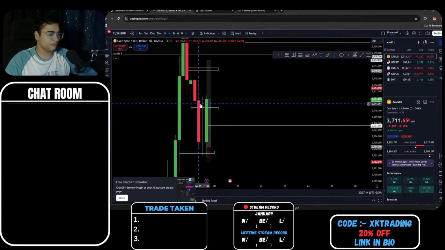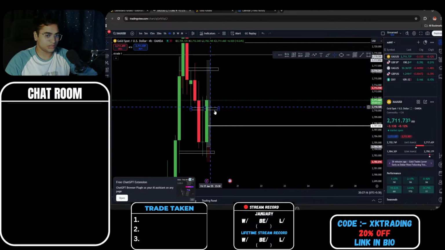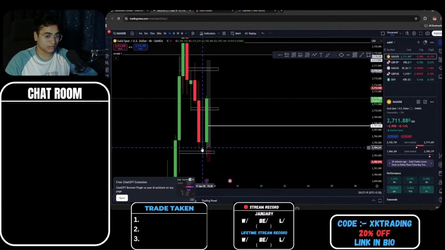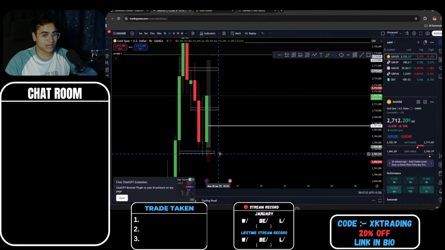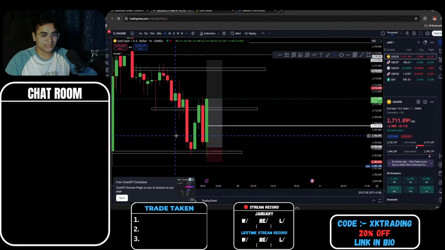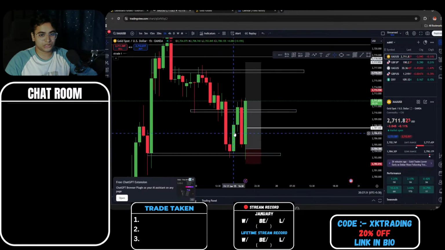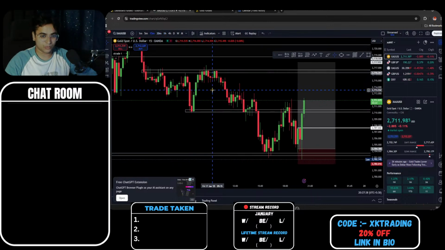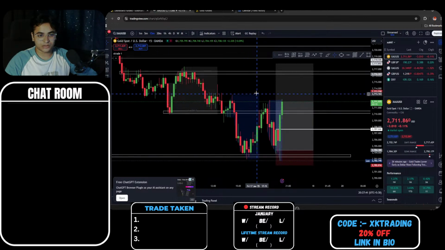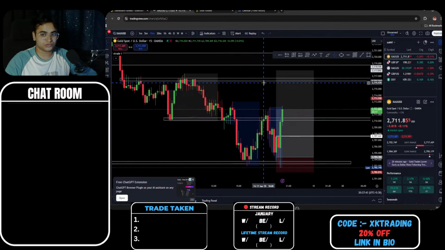But at the same time, the 4-hour cannot directly just close bullish. It needed to create a structure, so it created a doji wick, creating a turning curve and giving the next candle the chance to do the same thing, breaking the low and moving forward. Looking at the 1-hour time frame, you can see the proper structure here. In the next 2 minutes, we will see how the candles are closing on the 15-minute, 30-minute, and 1-hour. If the candles are closing above, then there is a high probability we will be tapping into 2,715 or so. Once we do that, then I'll be closing those profits.